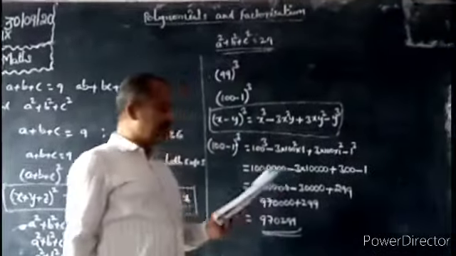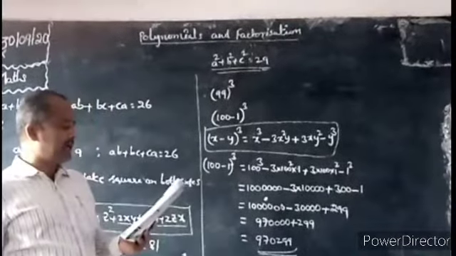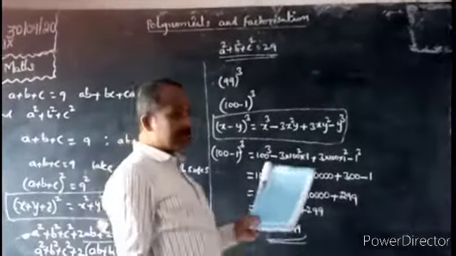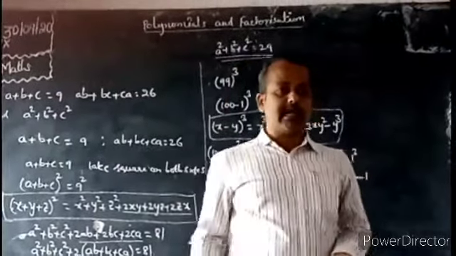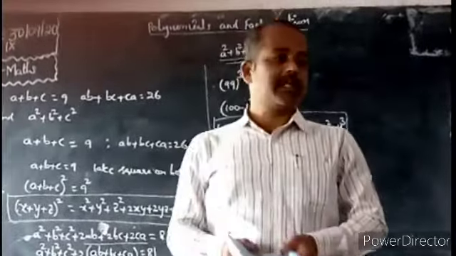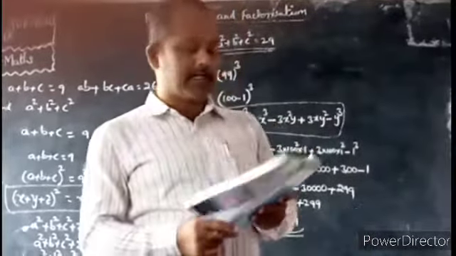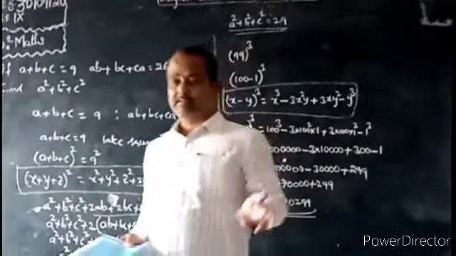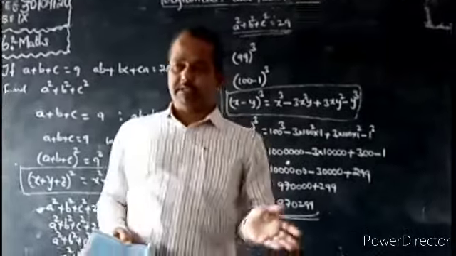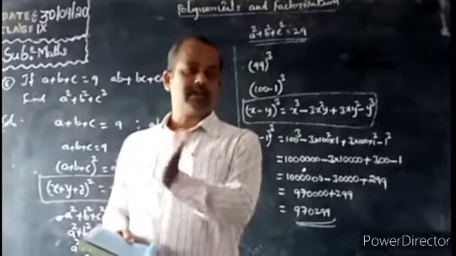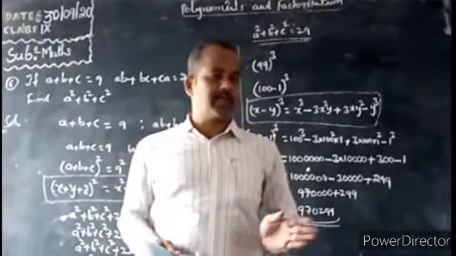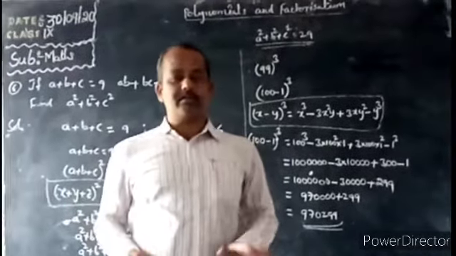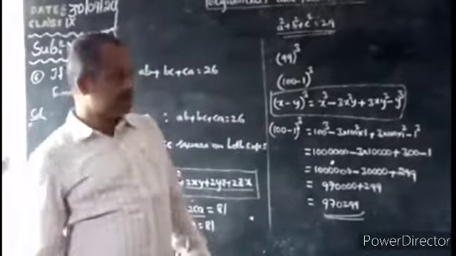8a cube plus b cube plus 12a square b plus 6ab square. How to factorize here? Here also we have to use identities only. Now which identity? Either x plus y whole cube or x minus y whole cube. First, the given terms you have to write as asked. That means you can convert into any one of the identity formations, apply the identity and solve. Okay na?